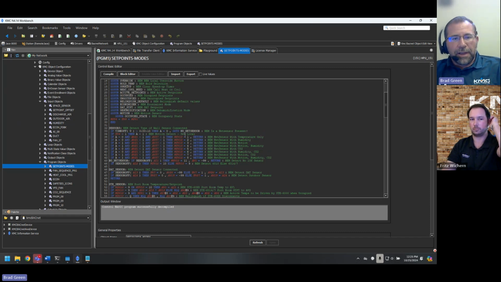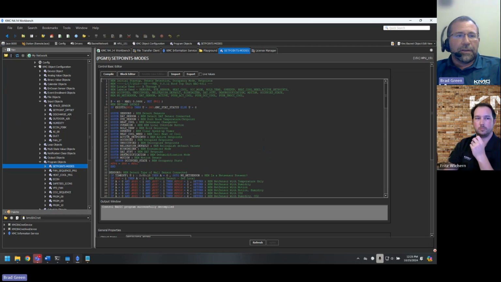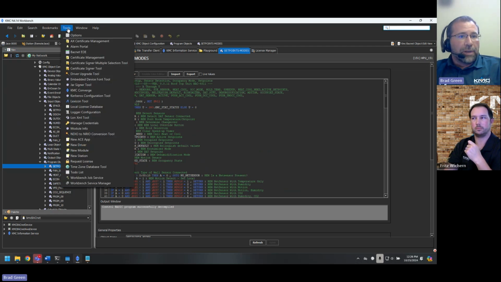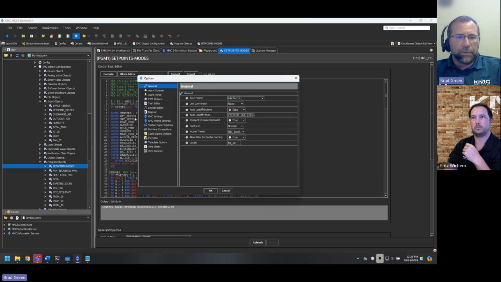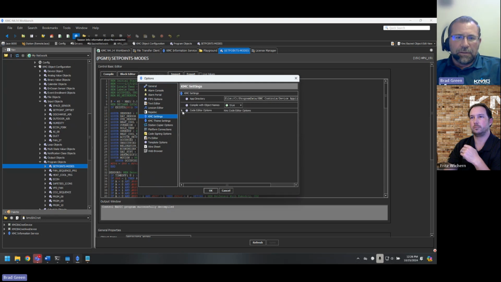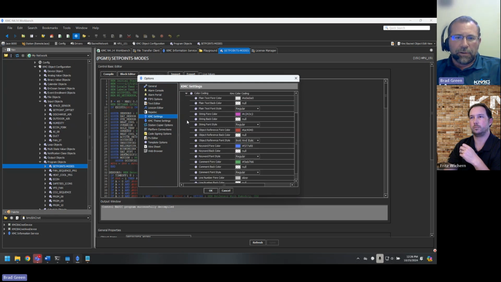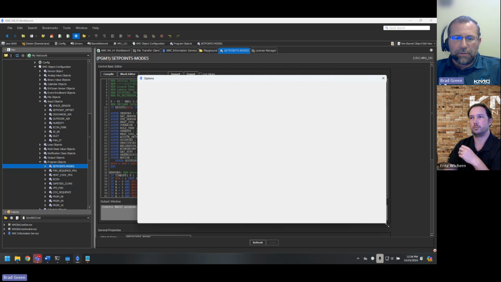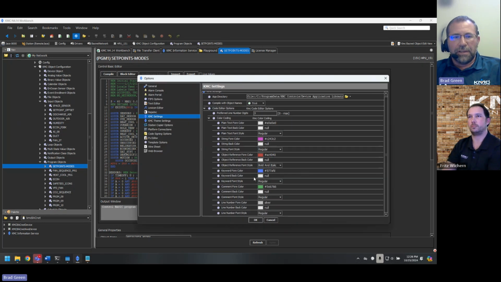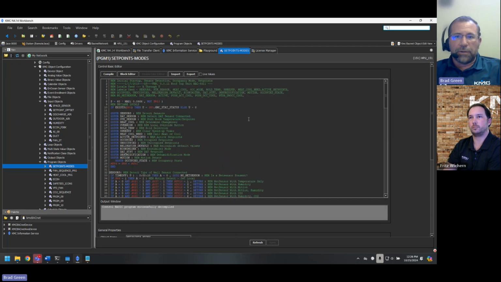So be careful about deleting that on the legacy BACnet devices. But if you're not happy with the coloring and fonts in Connect and Total Control, we give the ability to change it. So we added that as well to Workbench. So if you go to Tools, Options, and go to KMC Settings, and then underneath there, you can go to the color coding, and you can go ahead and make changes in there for all those different identifiers and keywords to change that look and feel if you're not happy with it.